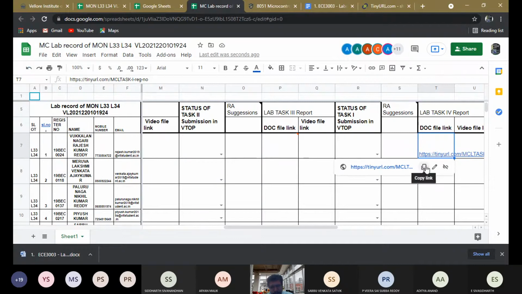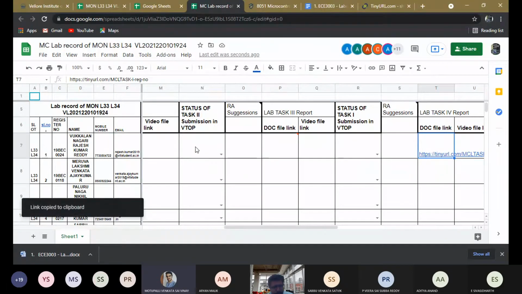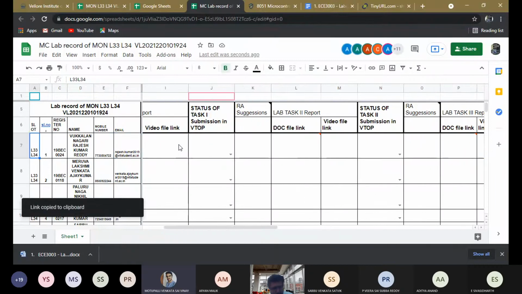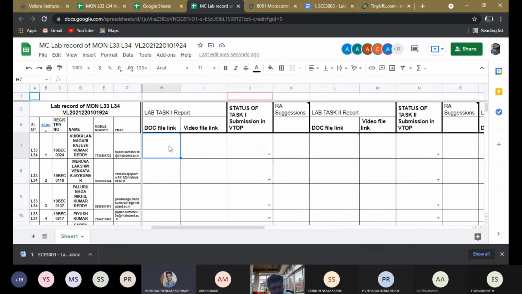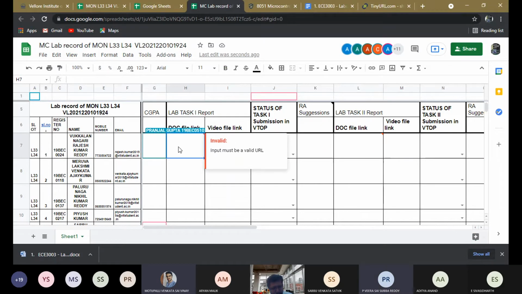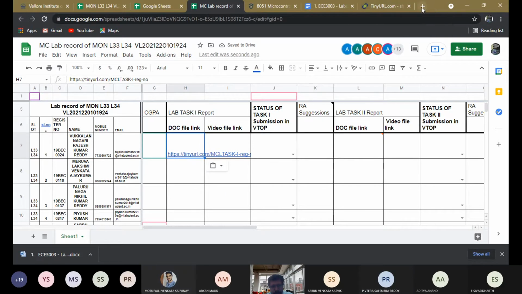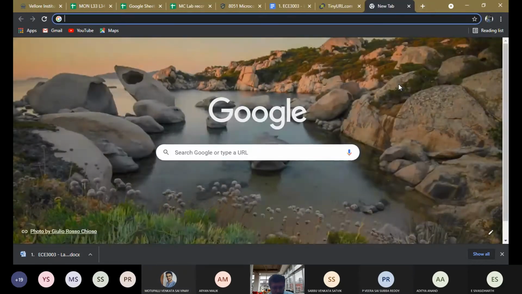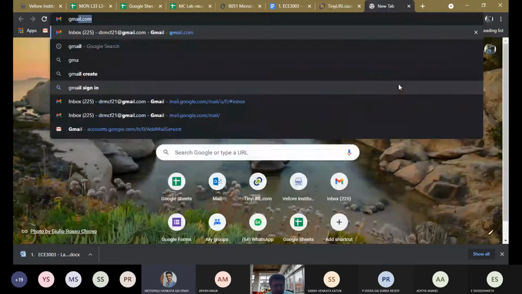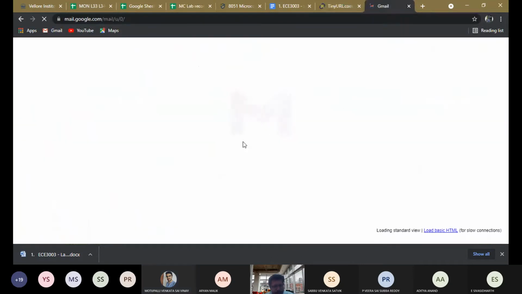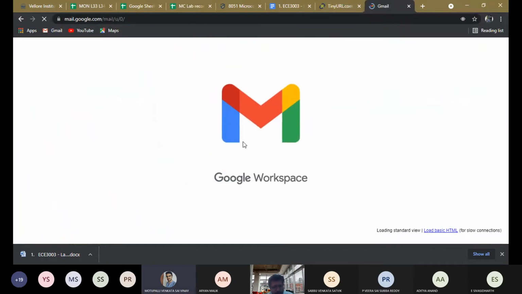No, sir, it is not working properly. They're asking for request. Yeah, even I'm opening from my mail also. It is showing you should get access. Which mail? You check. You are in the VIT Google group. In that group, you are already a member. Yes, sir. I'm a member in that group.